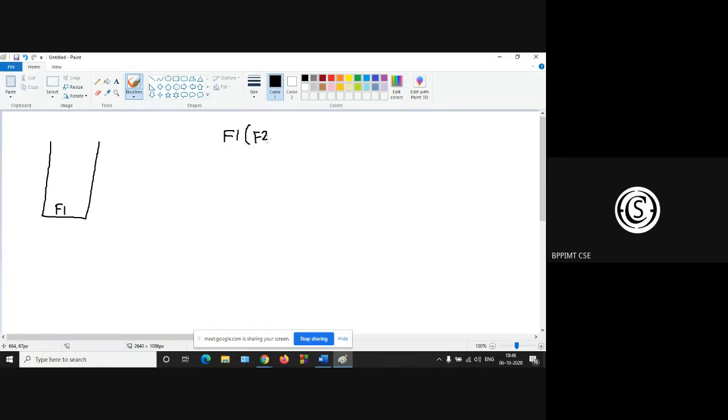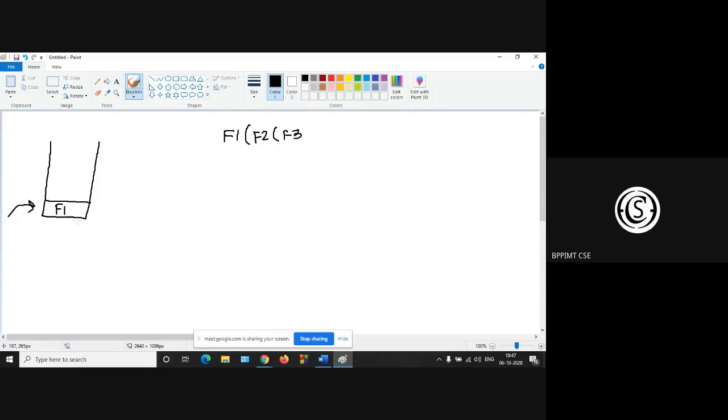This f2 contains the f3 function. Now when f1 is going to be started, it is first inserted in the system stack. So f1 is inserted. Inserted means there are two operations, push and pop.